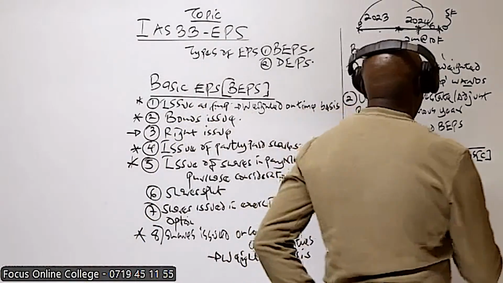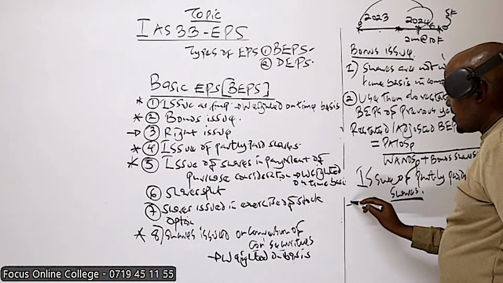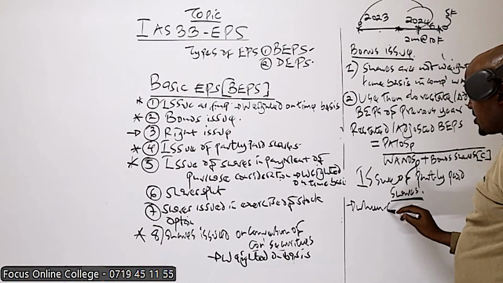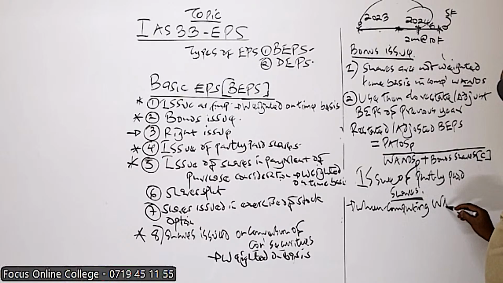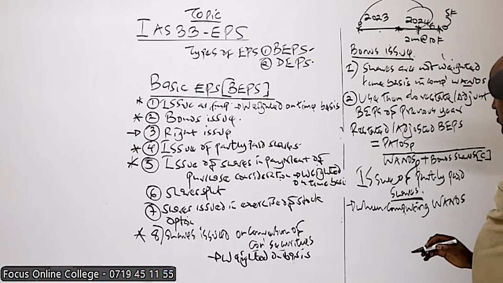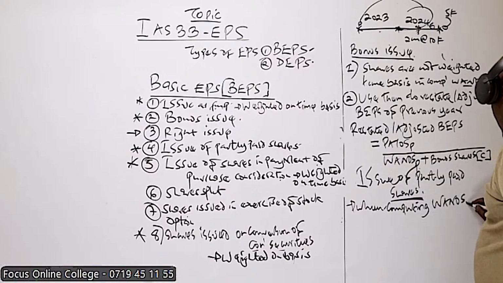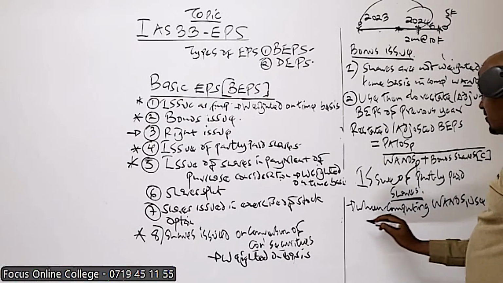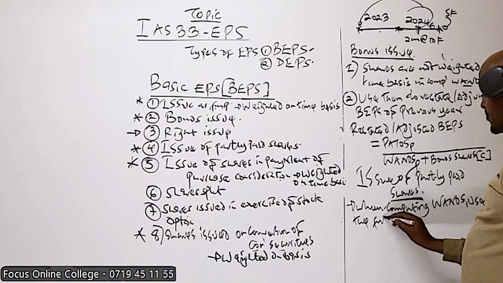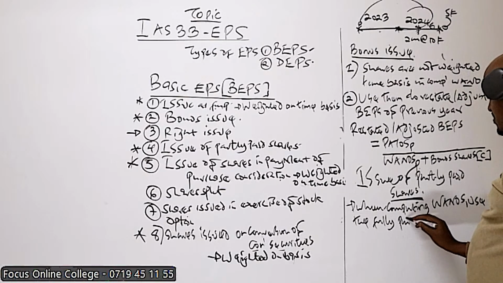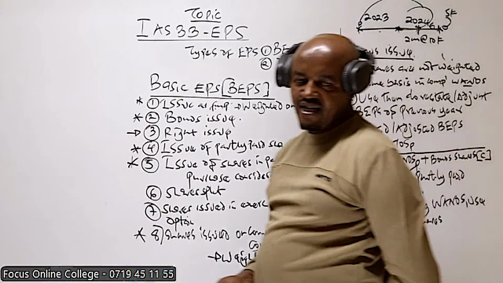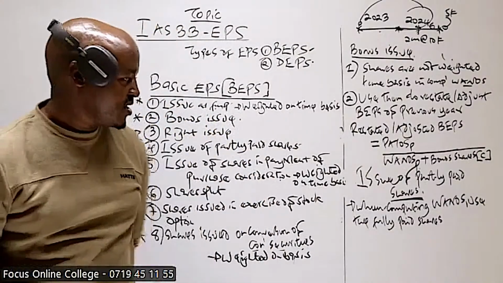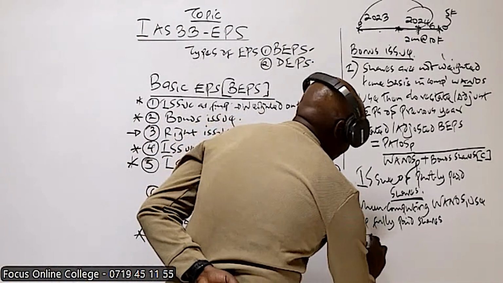So if that is the case, then when computing the weighted average number of ordinary shares, use the fully paid shares. We use those shares which are fully paid. And basically to compute these fully paid shares,